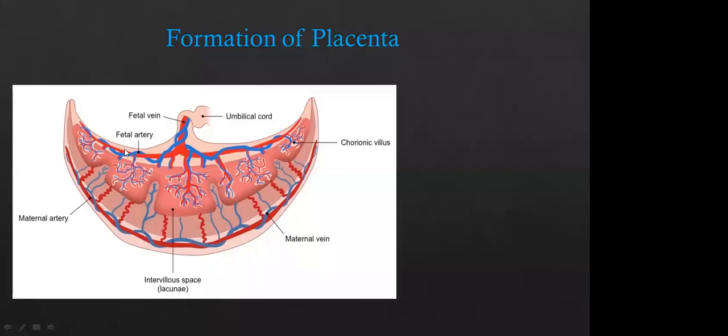So the placenta is formed between the developing embryo and the mother, right? Can I say that it is where the proteins are exchanged between the mother and the fetus? Yes, correct. So let me explain it to you here. Just give me a second. Yes, Bhavana, I'll tell you. I'll come to that point. Okay, there is a slide for that.